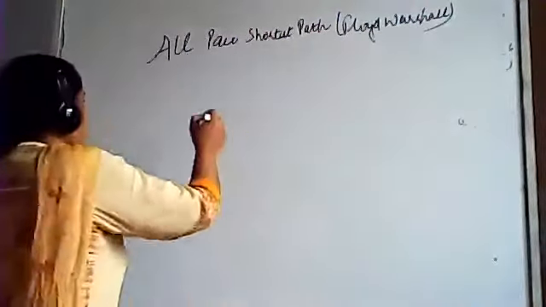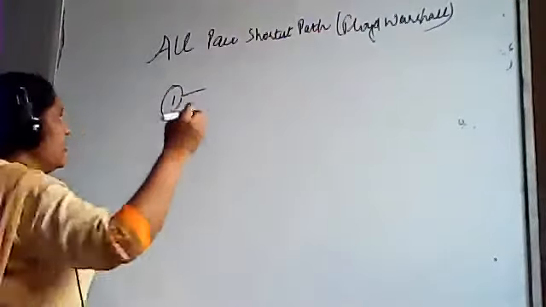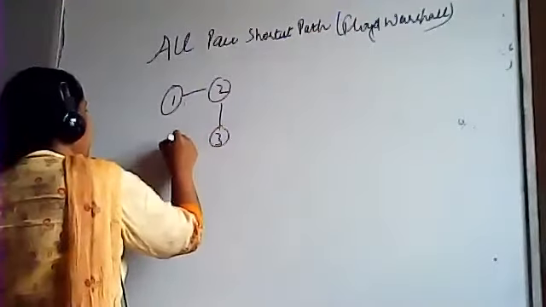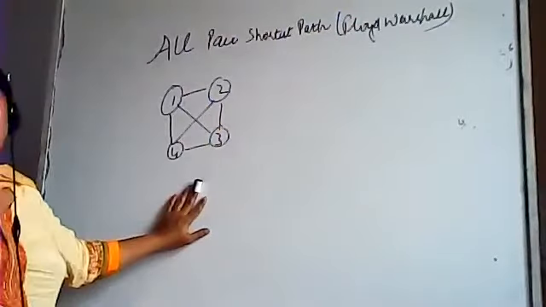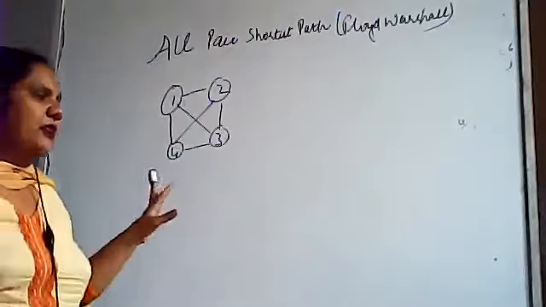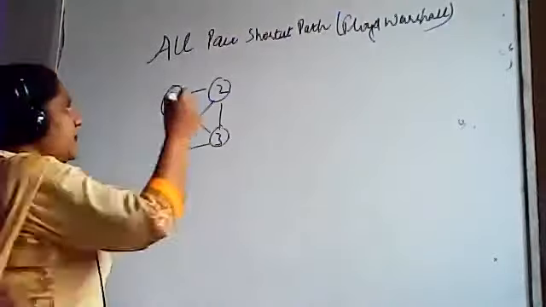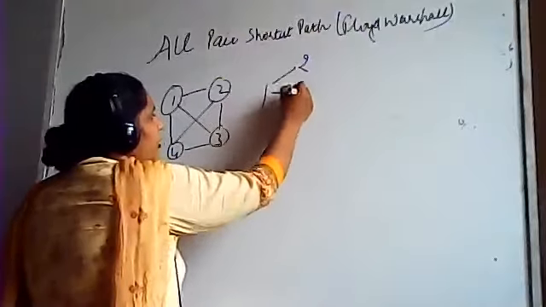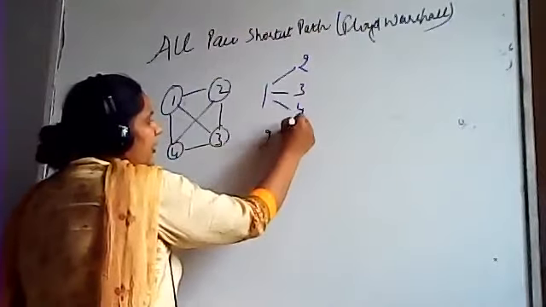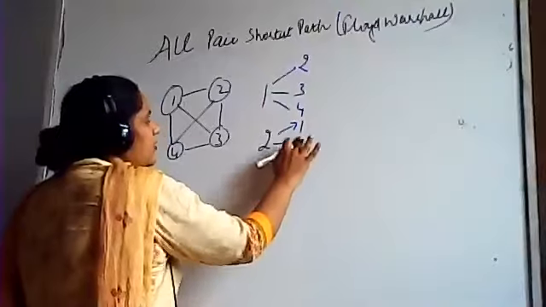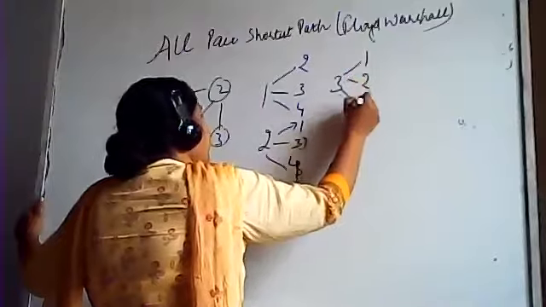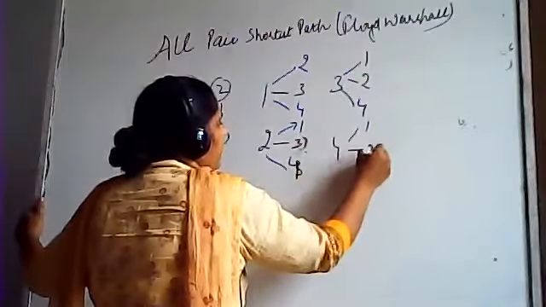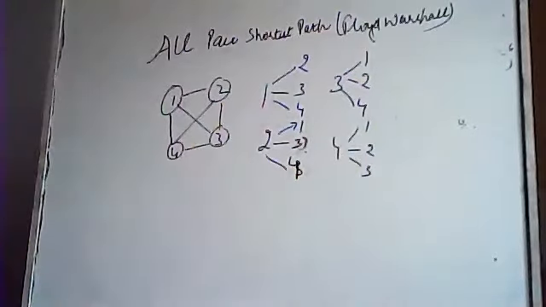So what does that mean? Suppose we have been given this graph 1, 2, 3, 4, and it is fully connected, fine. Fully connected graph is there with the direction and weight, and I will be drawing that final graph here after a few minutes. Then you have to find the distance between 1 to 2, 1 to 3, and 1 to 4, 2 to 1, 2 to 3 and 2 to 4. Okay, then 3. Means you have to find the distance of every vertex to every other vertex in the graph.